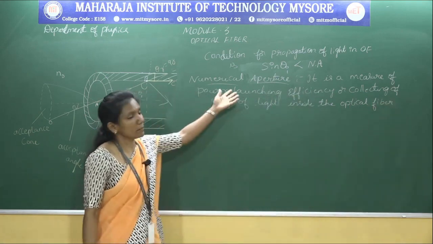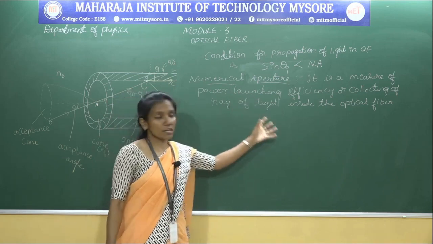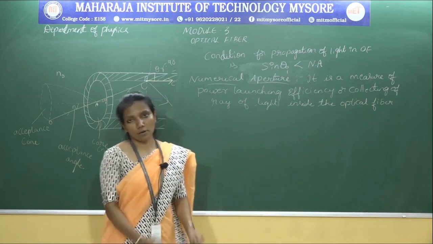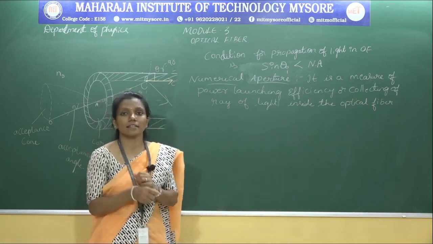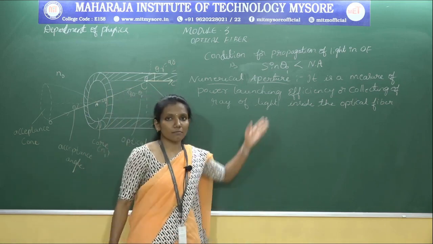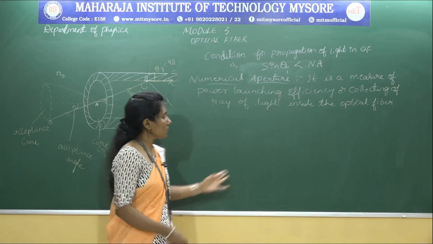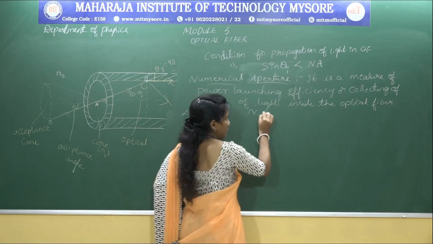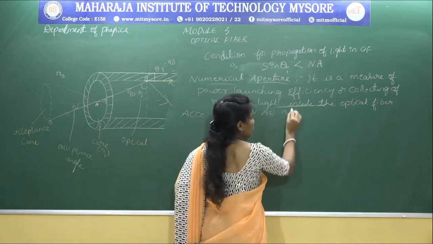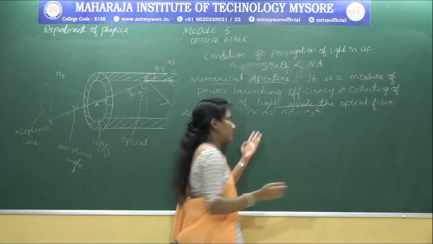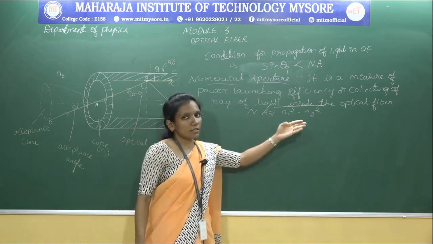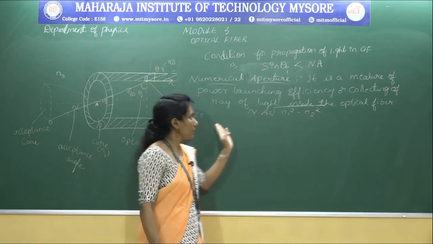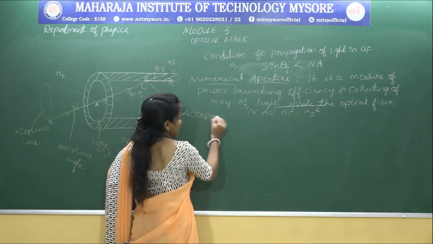So totally numerical aperture means it is a measure of the power launching efficiency or collecting of rays of light inside the optical fiber. How many light rays can gather inside the optical fiber, that is nothing but the numerical aperture. It is represented by numerical aperture is equal to root of n1 square minus n2 square, and it is defined as the square root of the difference of the squares of the refractive indices of core and cladding. And acceptance angle,